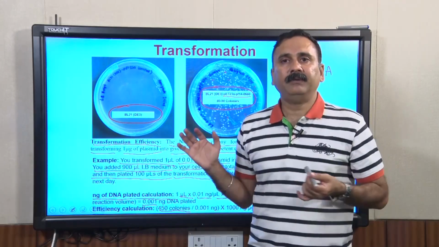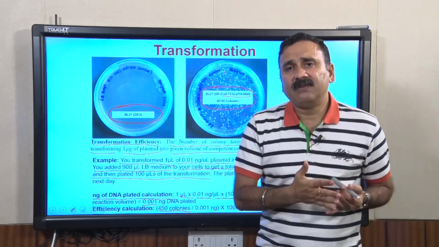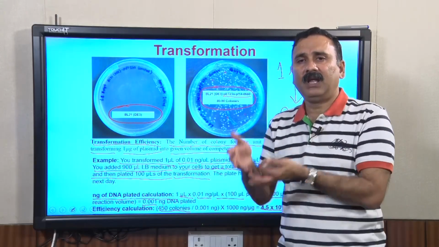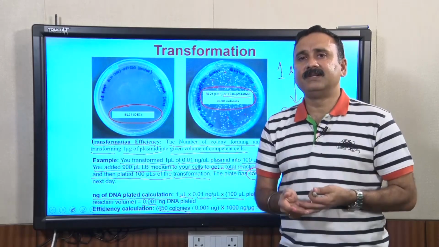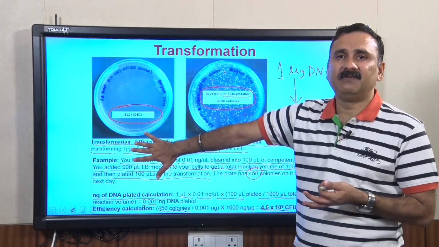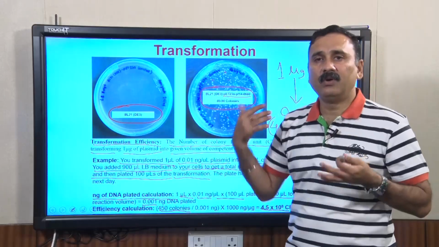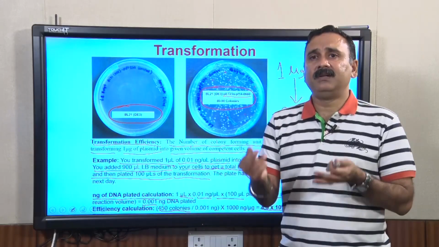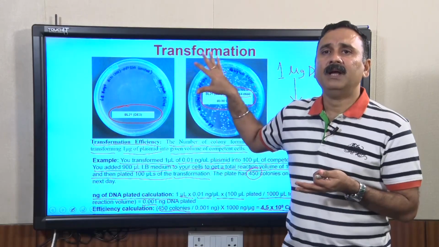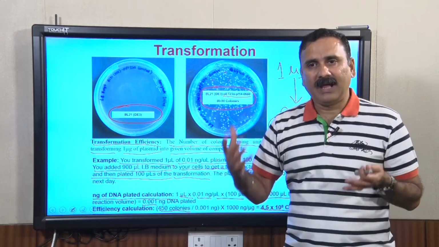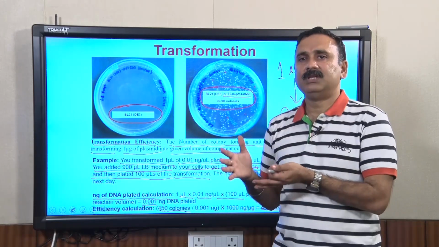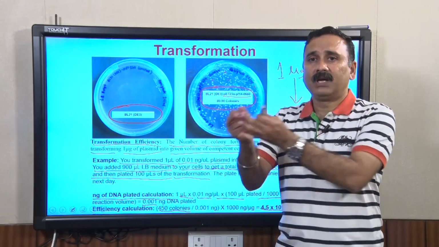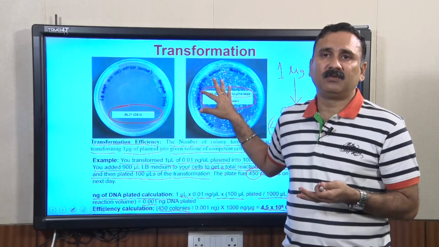But the transformation efficiency is going to vary from batch to batch, from cell to cell, and there are many factors affecting your transformation efficiency. It is not certain that you will get identical transformation efficiency every time. That is why, whenever you prepare competent cells in your lab for any molecular biology or recombinant DNA technology applications, you should take out one vial from the batch and calculate the transformation efficiency,